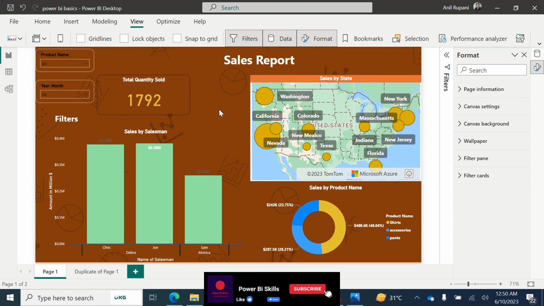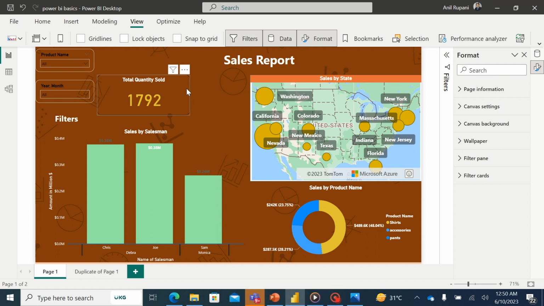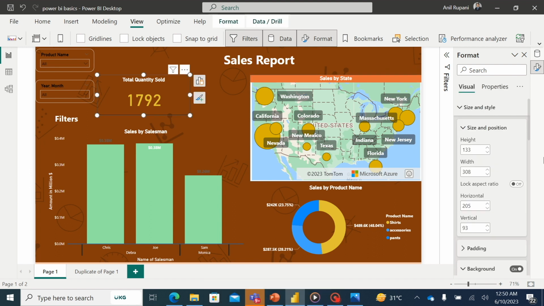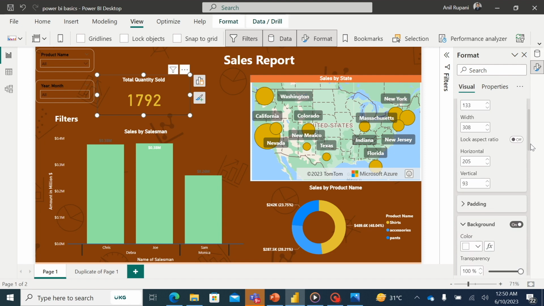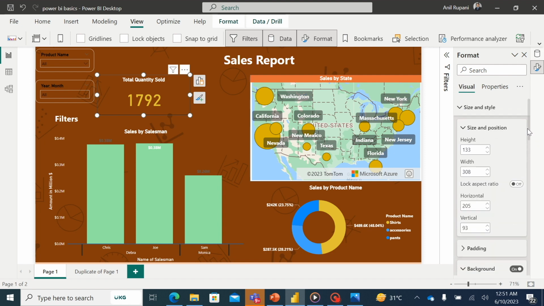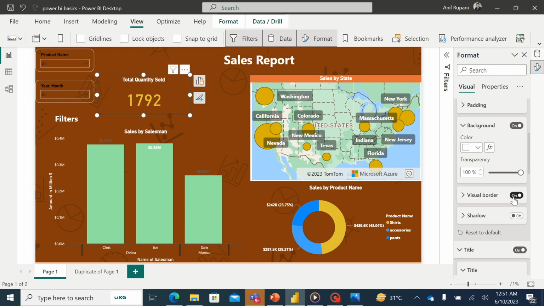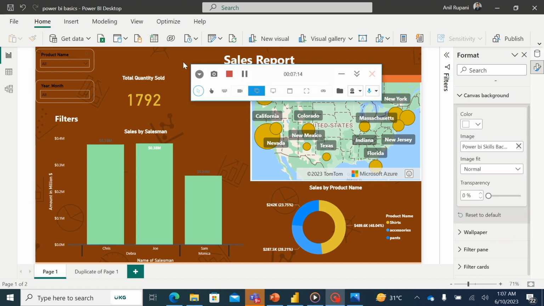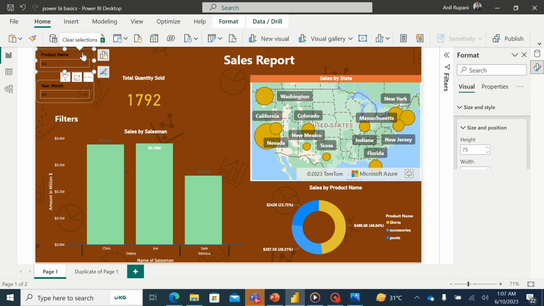I would also remove the visual borders for card as well. Follow the same process. I will go to size and style and deactivate the visual borders. So next I will format the slicer as well. I'll select the slicer, and I will